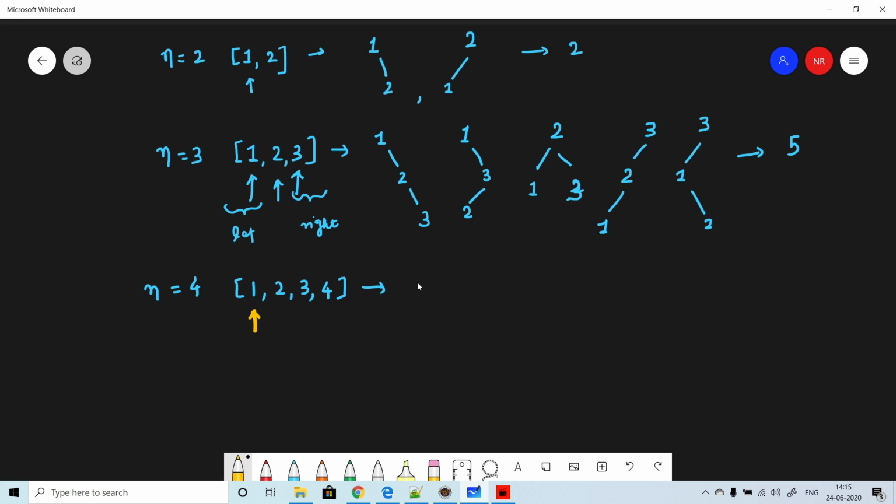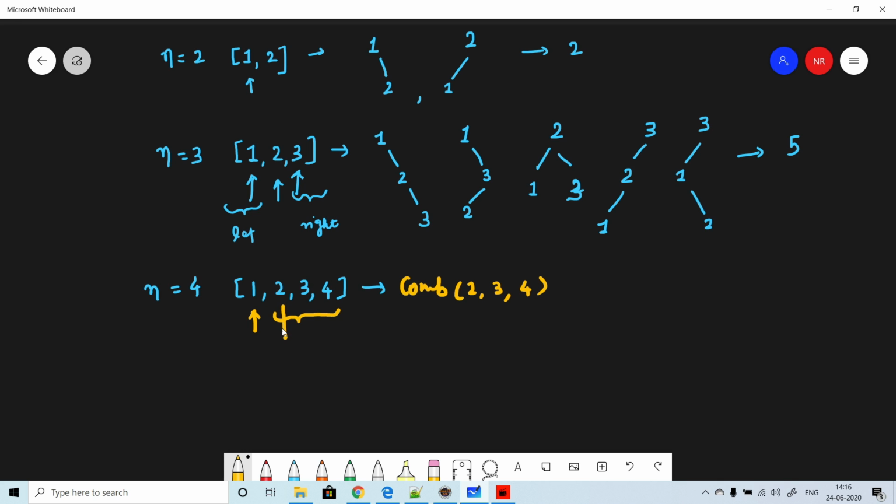In that case, there are 3 nodes that are going to be on the right-hand side. So that means we have combinations of 2, 3 and 4 when we put 1 at the root.